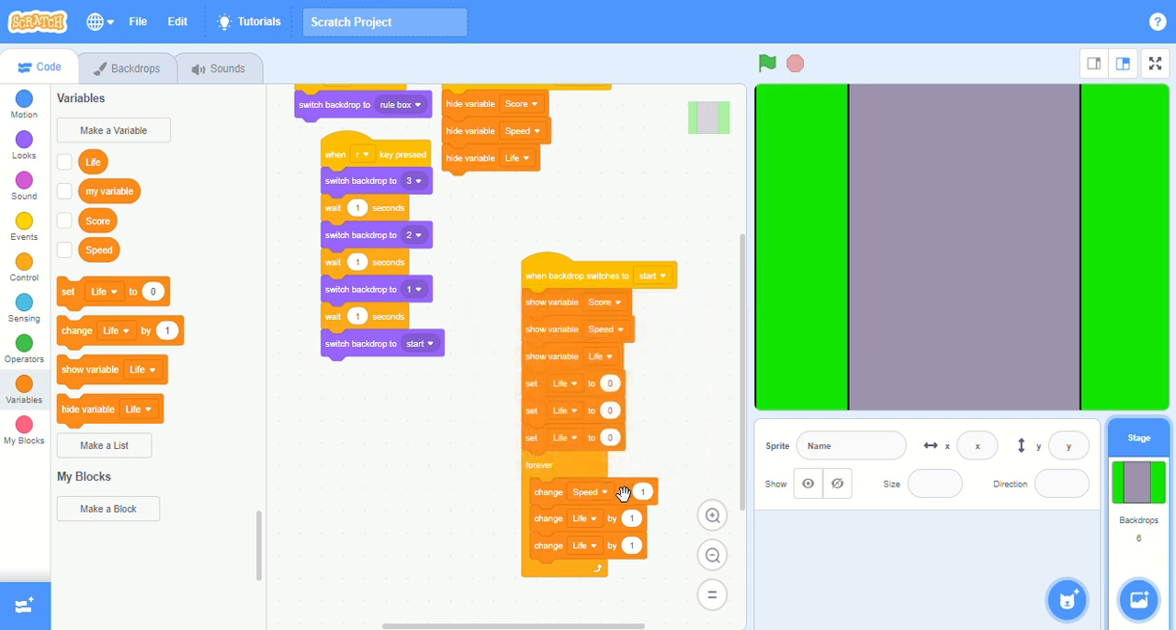Change speed into, we need to change this into -5. Set. Okay, change speed by minus 0.2. Okay, change speed by minus 0.2. Now we're going to click on this change life, and that. Oh my god! So see,